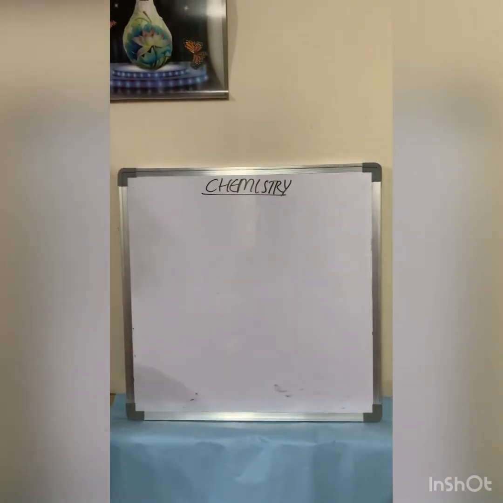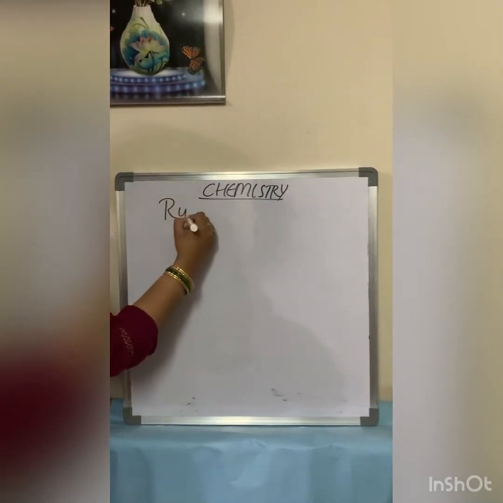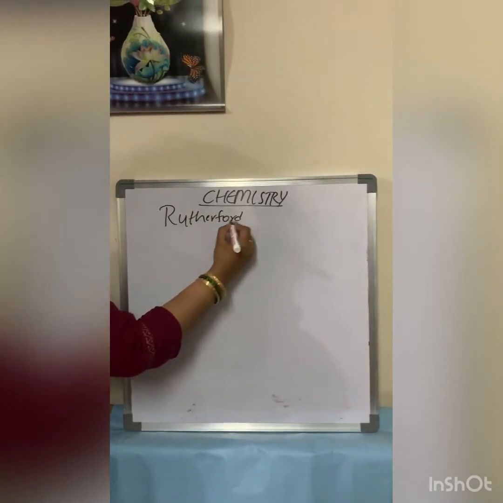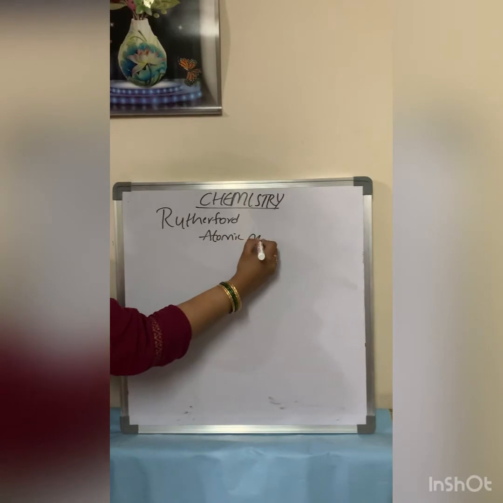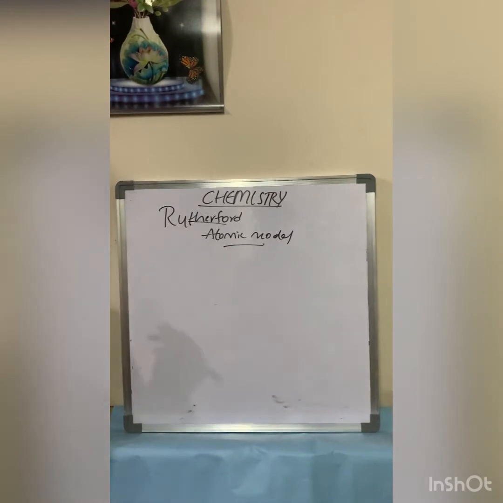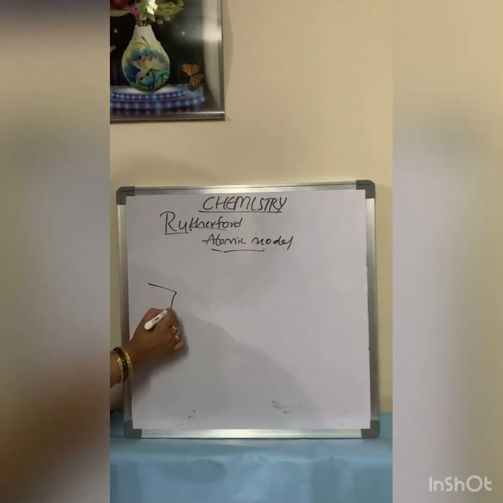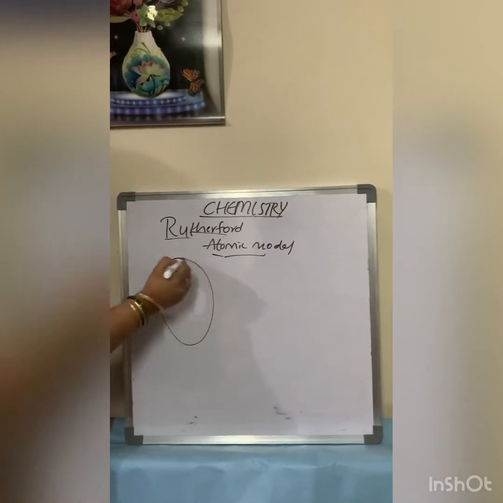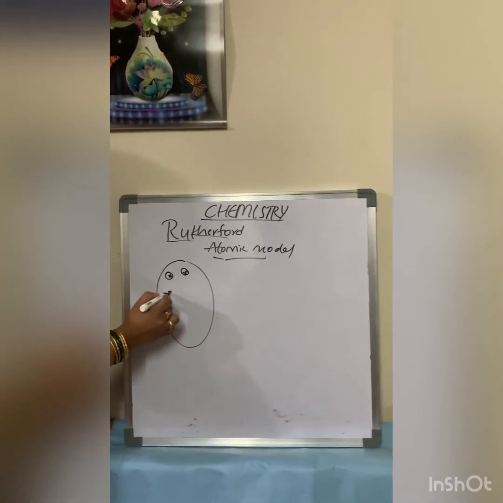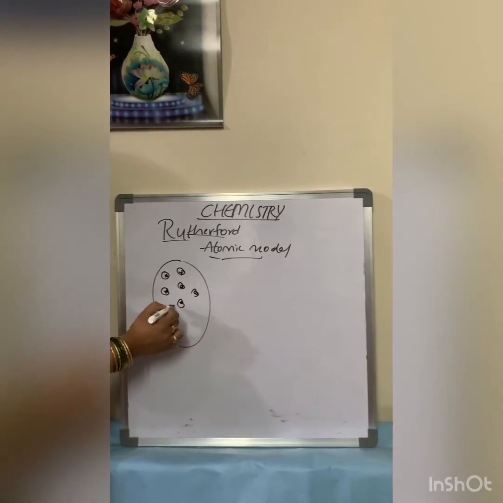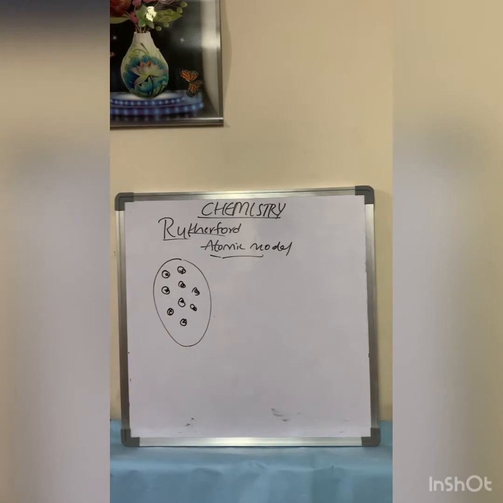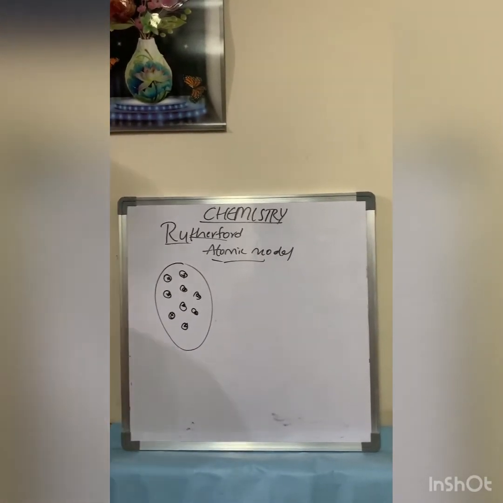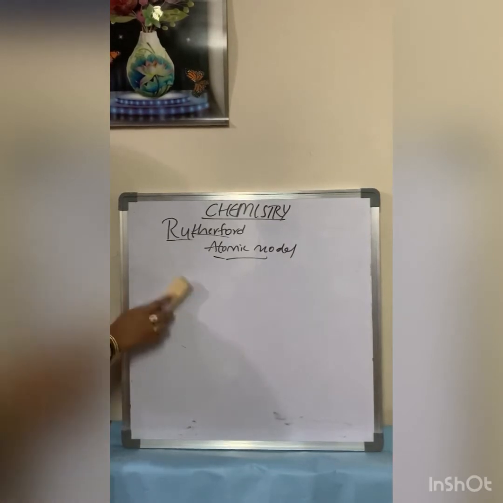In atomic structure, today we will see the Rutherford atomic model, which is the mostly accepted model now. Initially, what did he conclude, and what experiment did he do? We'll see now. What did he say in the initial stages? He said that an atom consists of all protons, that means positively charged particles. He assumed it. To confirm this, he did an experiment. I'll show you the experiment now.